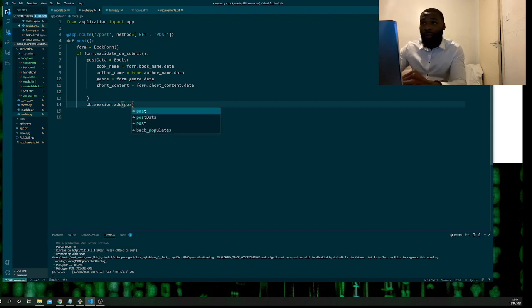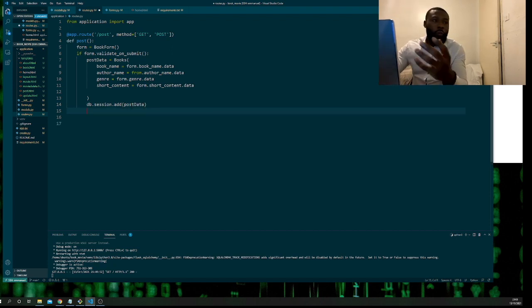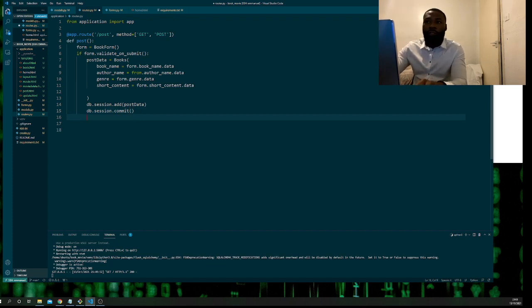You literally add everything in this function here. So you add data, and then once it's added, you need to commit it. One thing about Flask, once you've written to it, you need to save it, and that's what you do. You commit it, and you do db.session.commit(), and you call that function there,